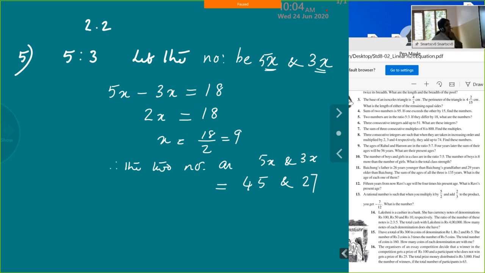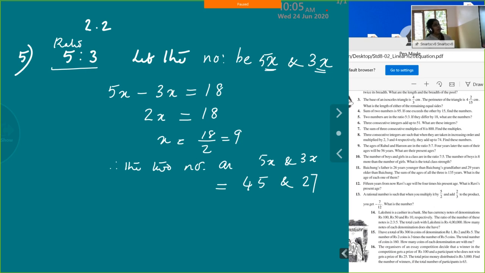Those who have any doubt, please check. Do you get my explanation? If not, I'll give you a chance to clear the doubt. Please listen to what I explain. It's given in the question, two numbers are in the ratio 5:3. This is the ratio given to you. Please do not raise your hand, children. I'm explaining it again. The given ratio is 5:3, and the difference between the two numbers is given as 18.